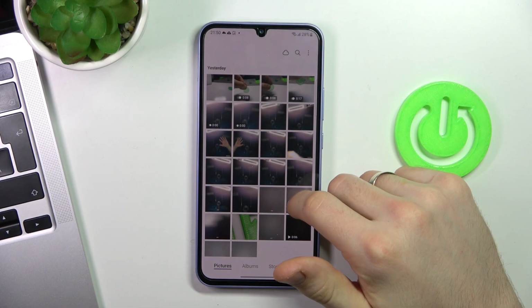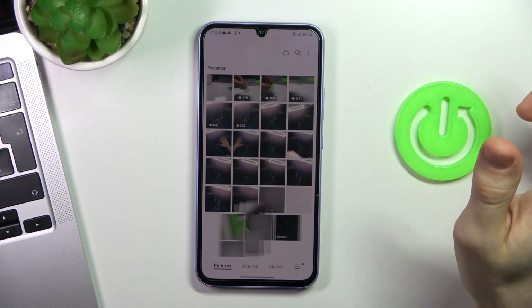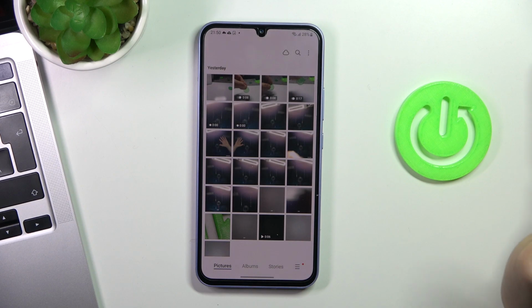Firstly, open the gallery and let's remove the photo. I want to move it to the recycle bin. Great, the photo was removed. Now, to recover this photo, you have 30 days to recover, because after 30 days